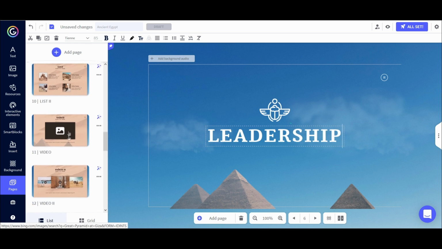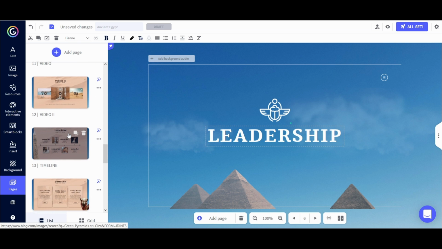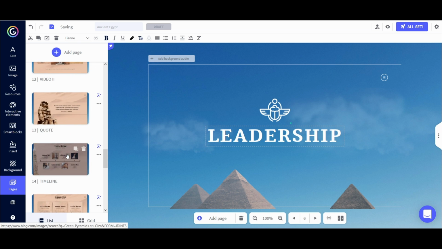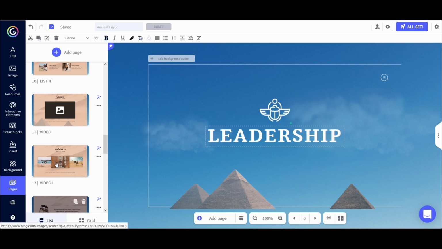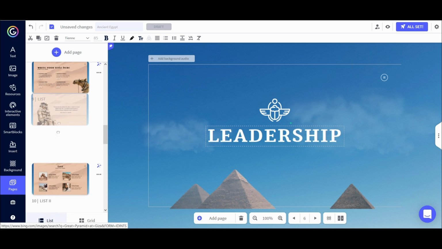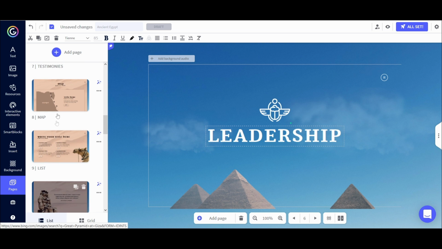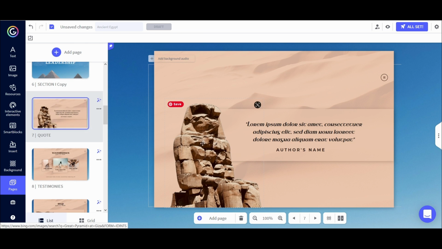Okay, now I am going to add in, we'll use this template, and like I said, anytime you want to use a slide, you can just drag it. So I'm going to drag this one up and use it as a template for this section. There we go. Okay. So first thing I'm going to do is I want to add in a picture that I have from my computer